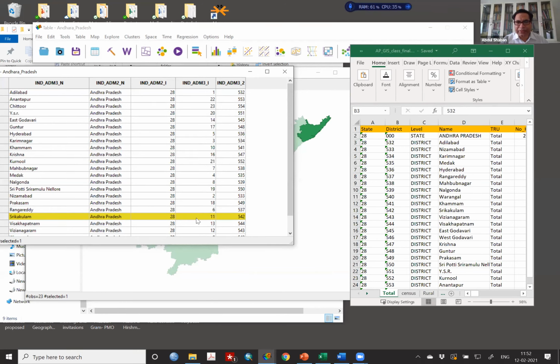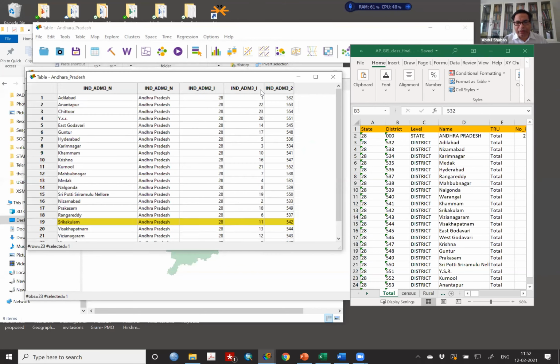Look, something is matching here. You have 523 for Adilabad. I need your full attention here, all of you. District 523 ID is Adilabad. Look at here, Adilabad.